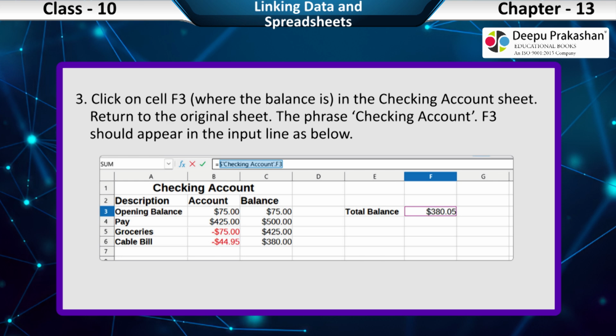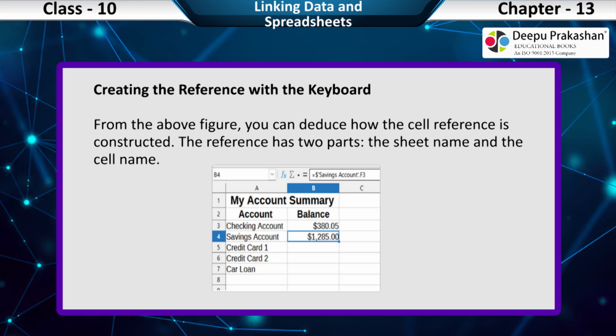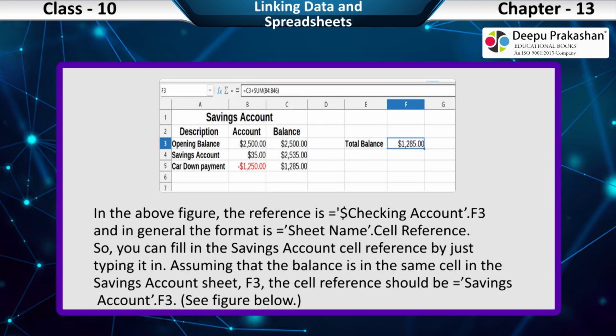Creating the reference with the keyboard. From the above figure, you can deduce how the cell reference is constructed. The reference has two parts, the sheet name and the cell name. In the above figure, the reference is $CheckingAccount.F3 and in general the format is SheetName.CellReference.